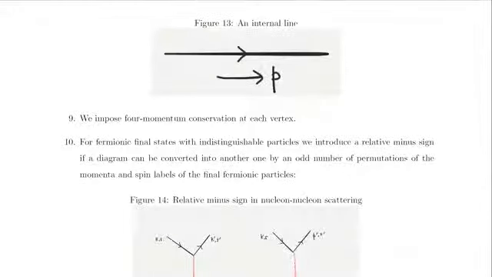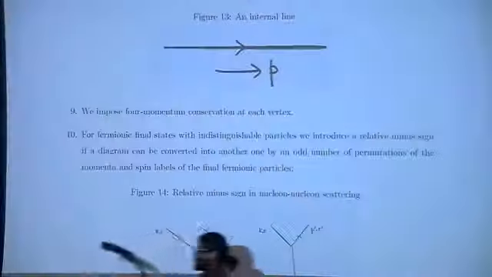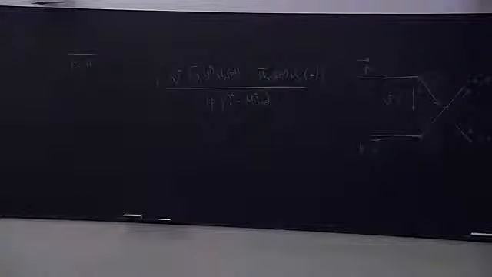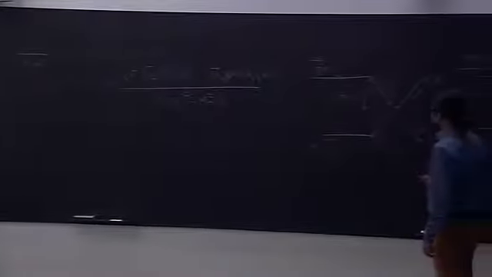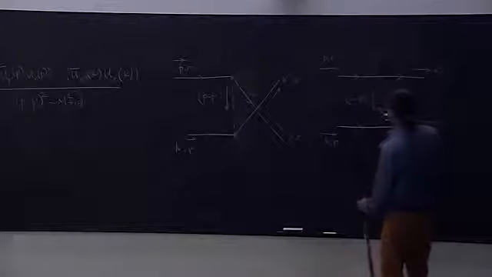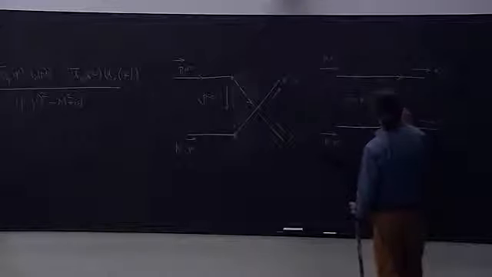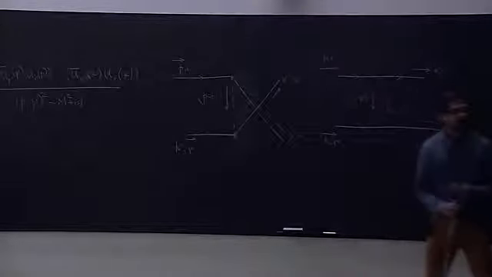So remember, there was a delta function. So we impose 4 momentum conservation at every vertex. At every vertex, you have to make sure you have 4 momentum conservation. And that's why the momentum going through here was p minus p prime. We could have easily written the momentum going up in this way as k minus k prime. Similarly, over here, instead of this arrow, we could have done this, where the momentum going up is k minus p prime.